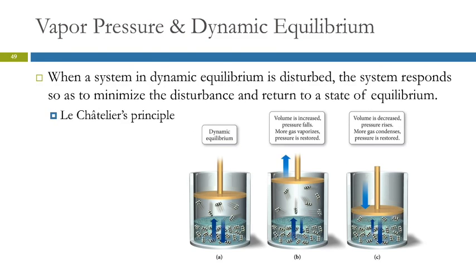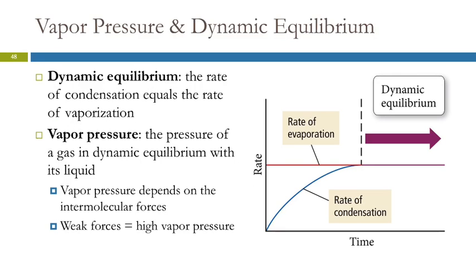So acetone, higher vapor pressure than water? Acetone will have a higher vapor pressure than water. Yep. And the vapor pressure of a given substance is only dependent on the temperature. When we had Dalton's law of partial pressures and we were collecting gases over water, you always have to subtract out the vapor pressure of the water. It depends on the temperature of the water.